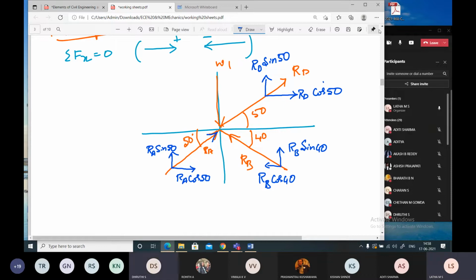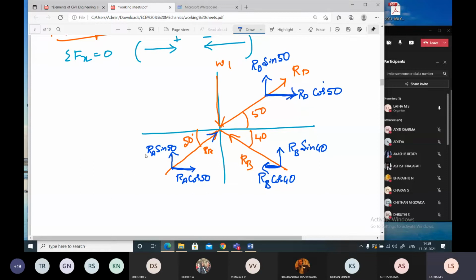In resolution of forces? Okay. Exactly, a vertical force has no need to be resolved. You can take it only for the vertical component, sigma Fy. It will not contribute to sigma Fx. Now write the equation for sigma Fx, students. Tell me one by one. Sum up all the forces which are horizontal. This is horizontal. This is horizontal. This is horizontal.